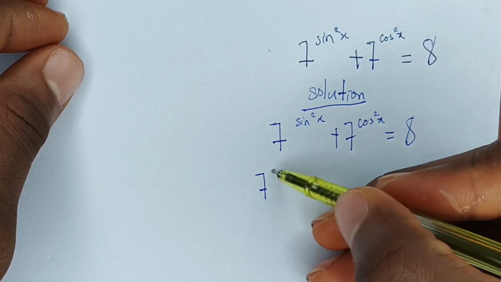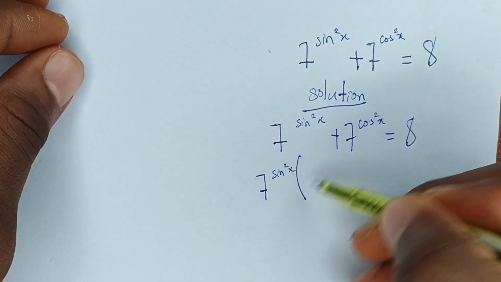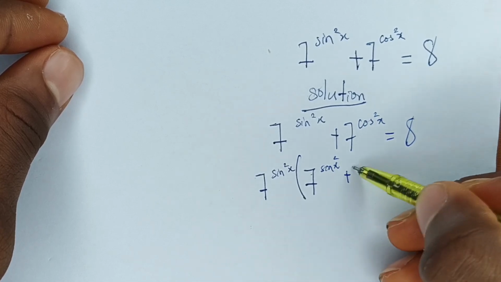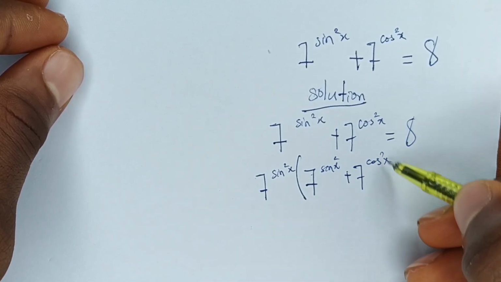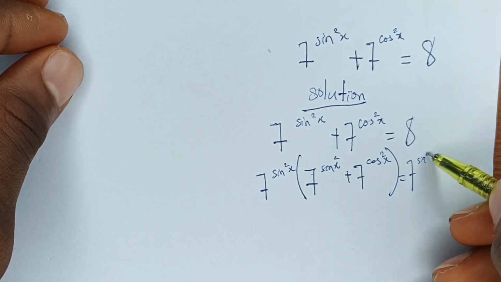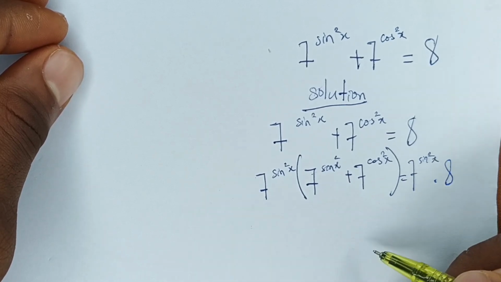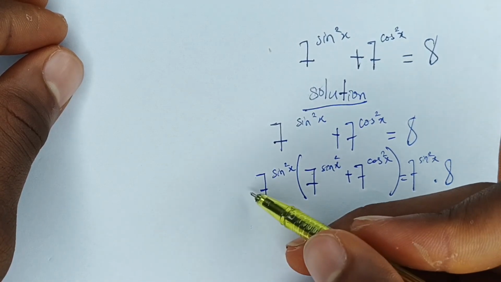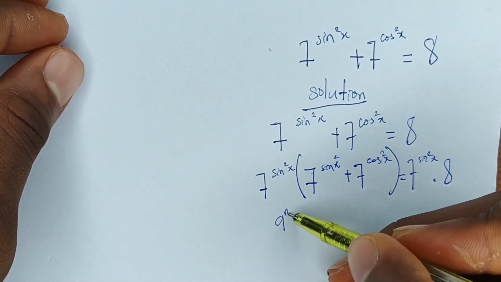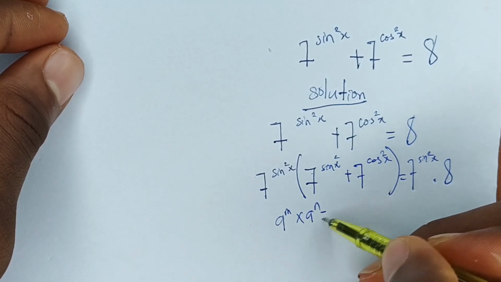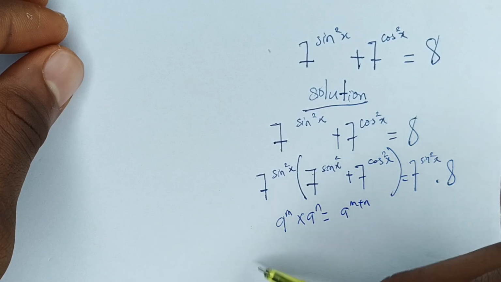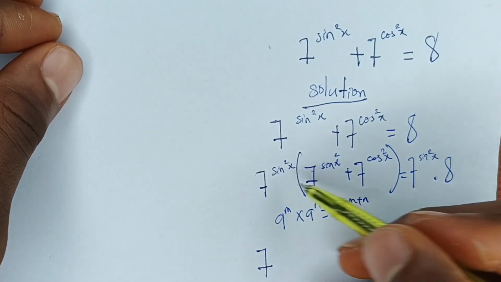7 raised to power sine squared x multiplied by the left hand side, and then you have to be equal to 7 raised to power sine squared x times 8 on the right hand side. Now, opening up this bracket, remember that when you have a raised to power m multiplied by a raised to power n, it's equal to a raised to power m plus n. So here we are going to have this to be equal to 7 raised to power sine squared x